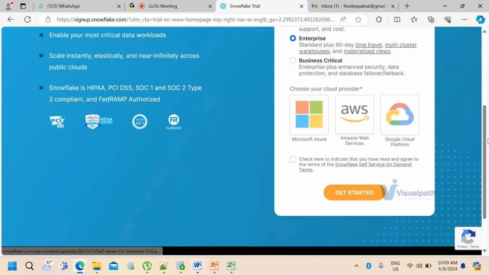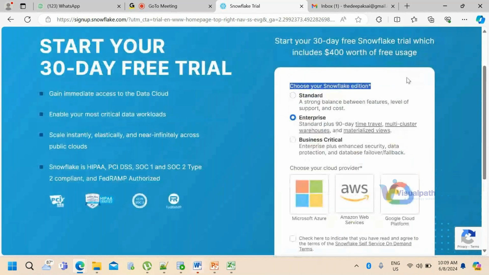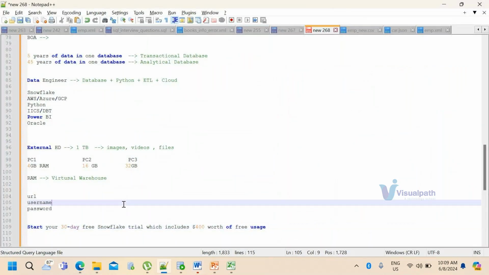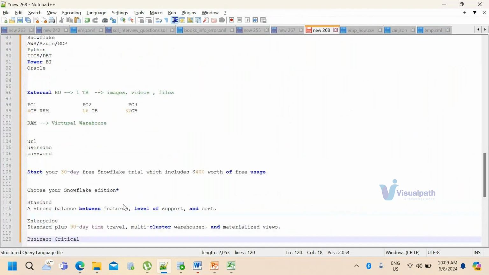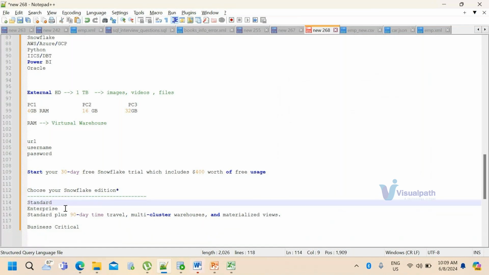Once I click on continue, can you see the editions here? What are the different editions of Snowflake? We have three different editions: standard, enterprise, and business critical. I'll tell you what these are.